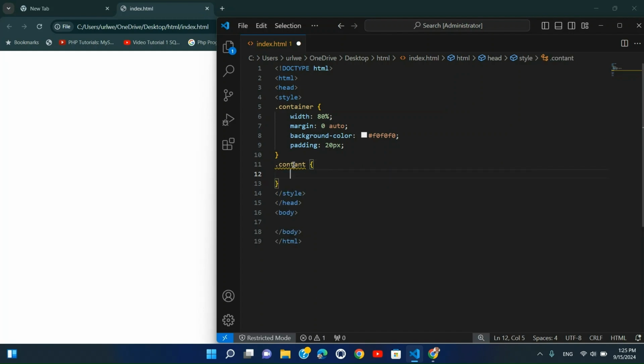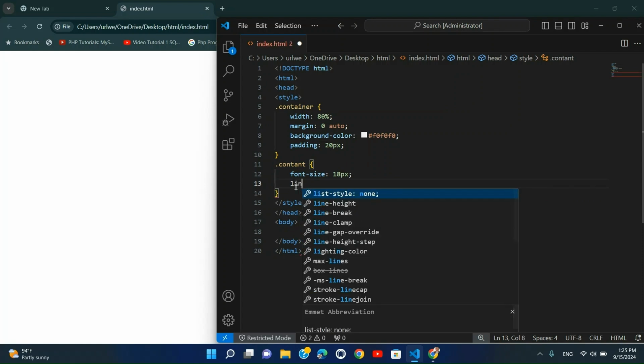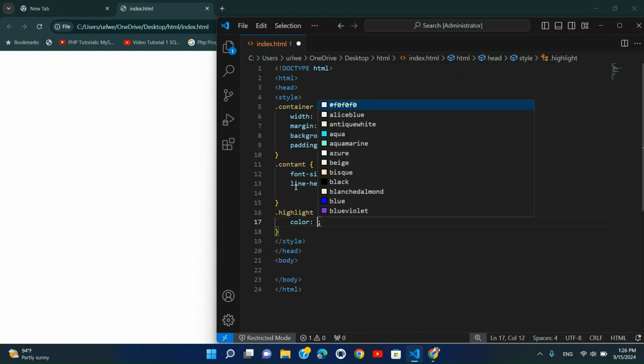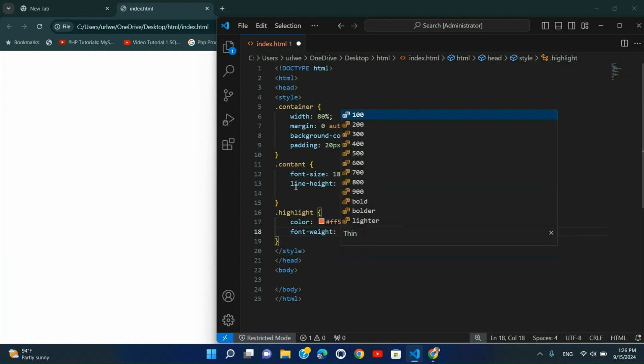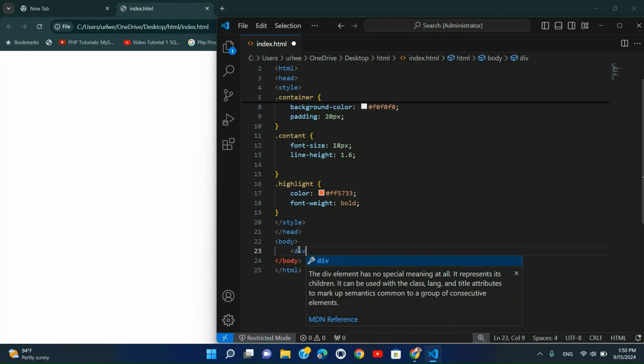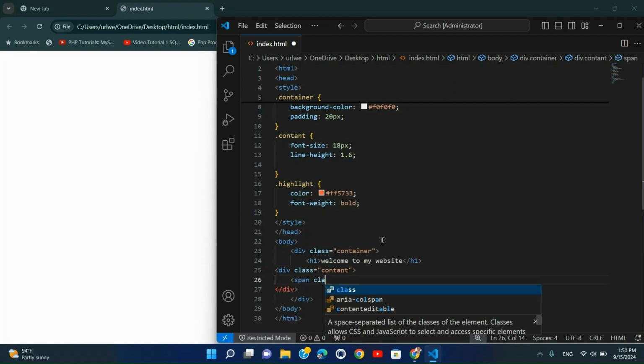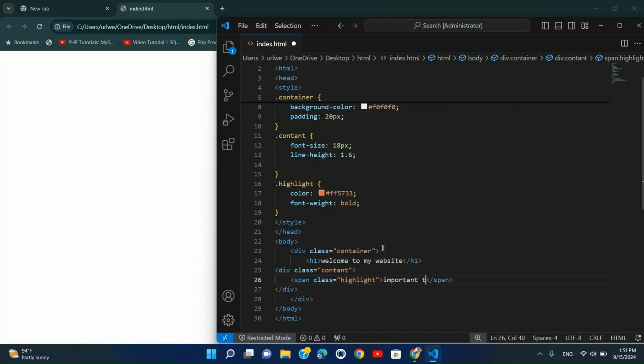Content: font size 18px, line height 1.6. Highlight: color #FF5733, font weight bold. Let's dive into HTML. <div class="container"> <h1>Welcome to my website</h1> <div class="content"> <span class="highlight">Important text</span> followed by additional content. </div>